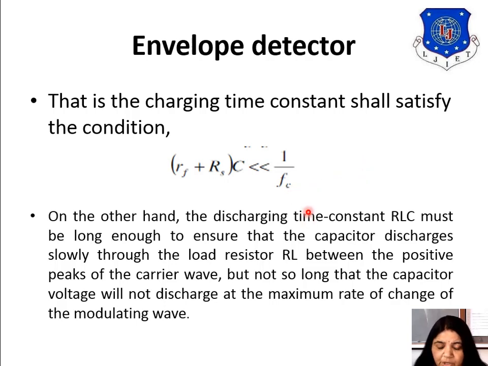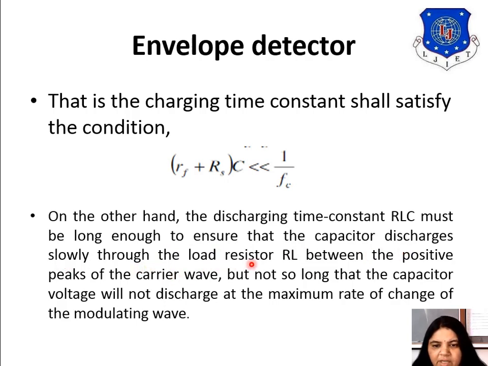So the conditions for the envelope detector are: first, the modulation index M is less than 1. Second, this time constant value is much less than 1 upon Fc. And on the other hand, the discharging time constant must be long to ensure that the capacitor discharges thoroughly